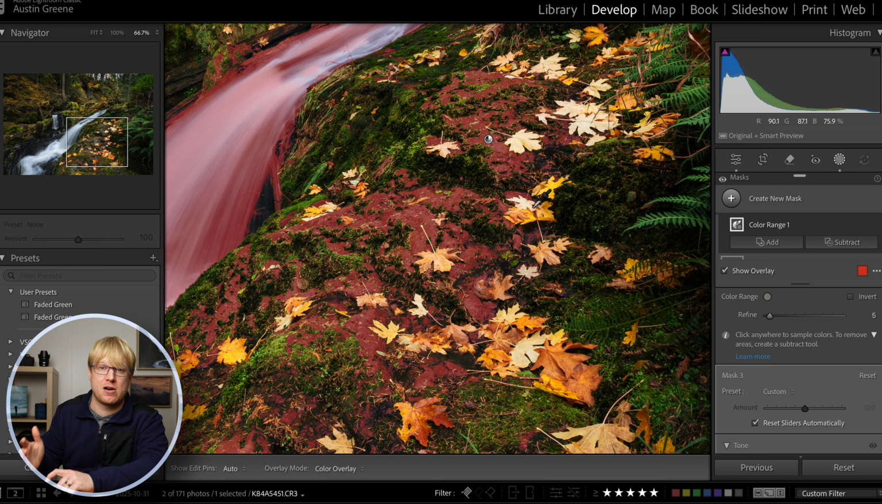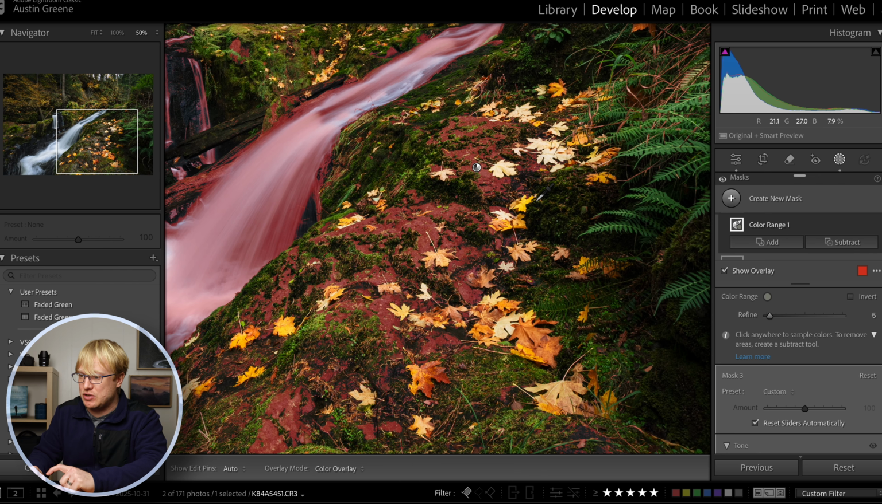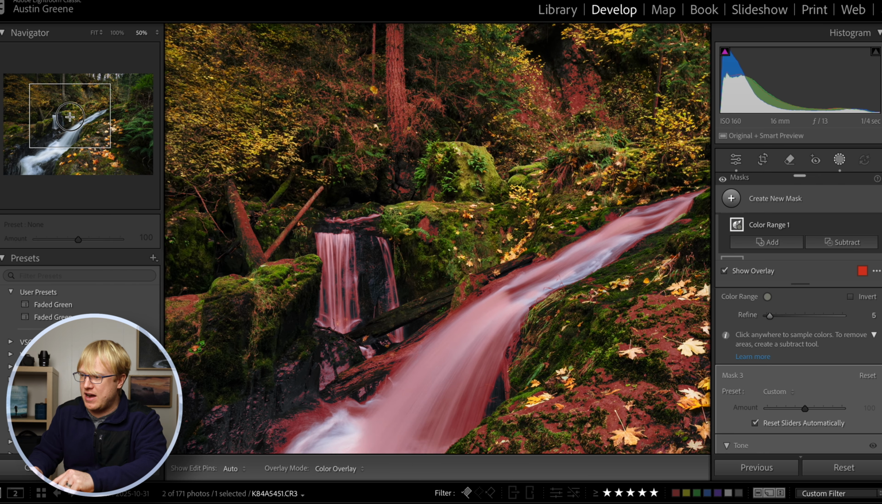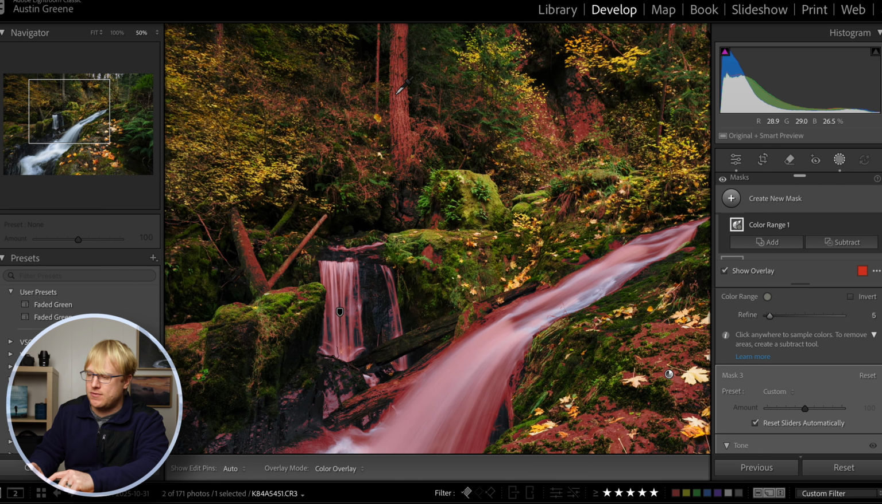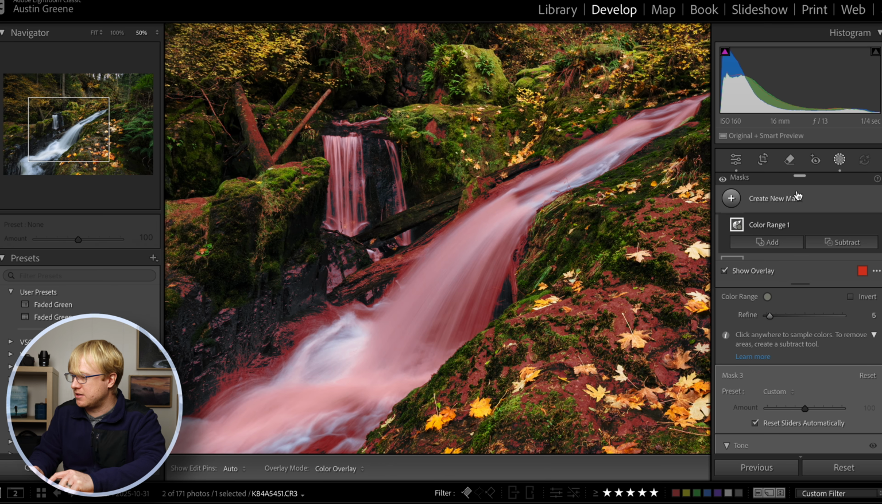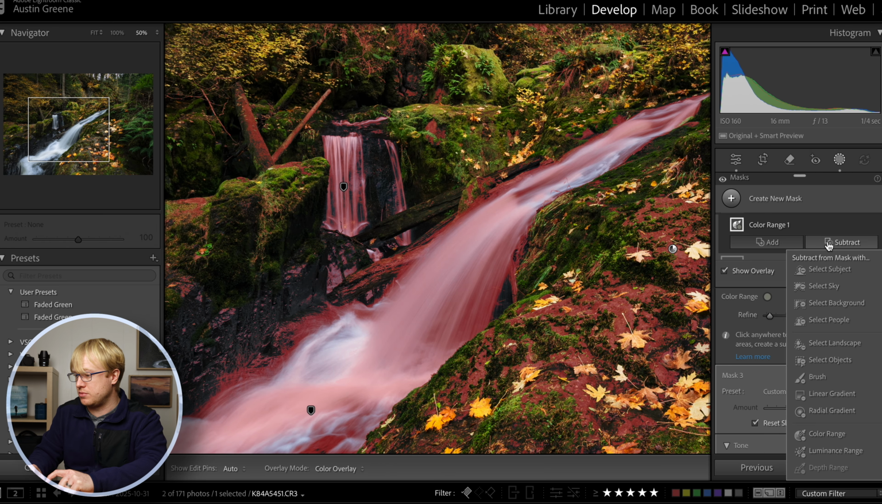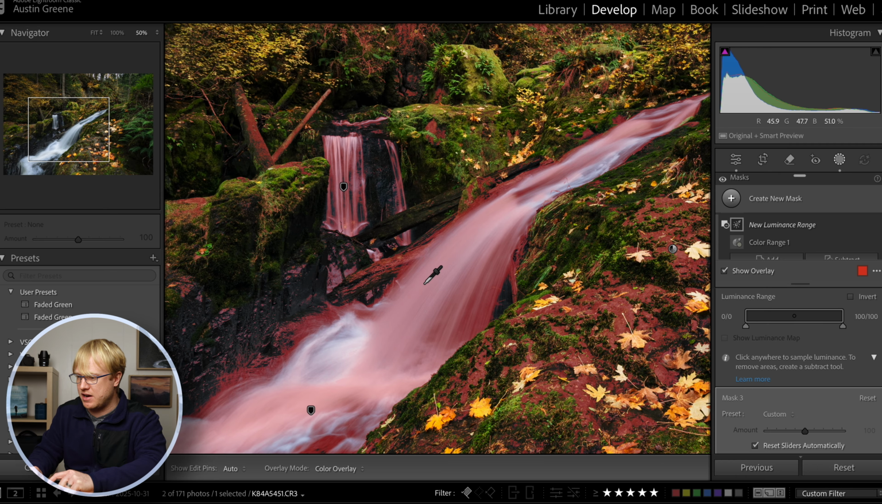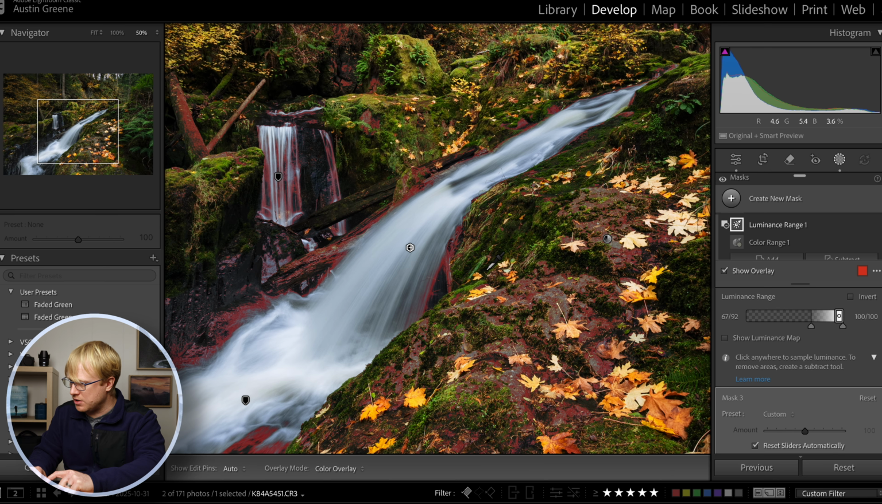We're not going to affect very many of these leaves, but as you can see, we are going to affect all of these trees. That's fine, they can be darkened, that's what we're about to do, but I do not want any of this water selected. So to fix that, we're going to go to subtract, and we're going to pick luminance range. And we already know that this water is quite bright, so let's select that and see how good of a job that does at cleaning up our selection. It's close,